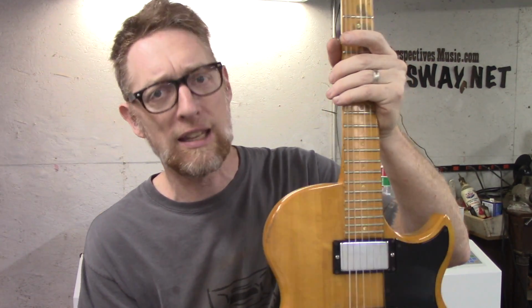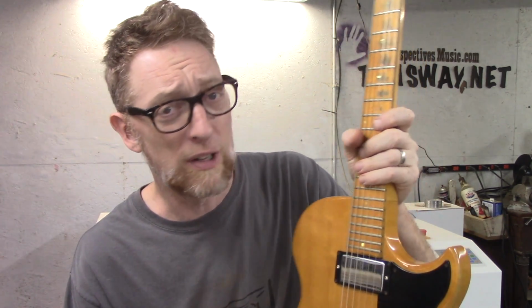This guitar is set up with very, very low action, and it hasn't been set up in a long time. The frets are very, very worn. This guitar is well used, and I think that if the frets were to be redressed, or some new frets put in, and this was set up again with a little bit higher action, it would probably